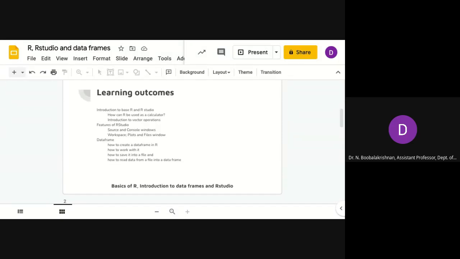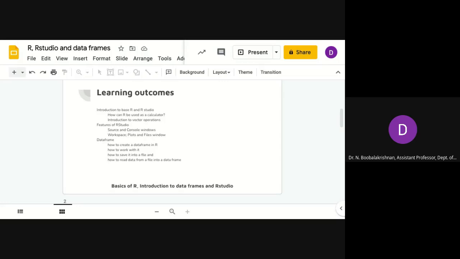So we will see how to create a data frame in R. If you want to put it simply, it is the Excel data, how to create that data frame in R and how to work with those data. How to save it in a file, that means any form of file, a text file, a Word file, a CSV, an Excel file, and a comma separated file.